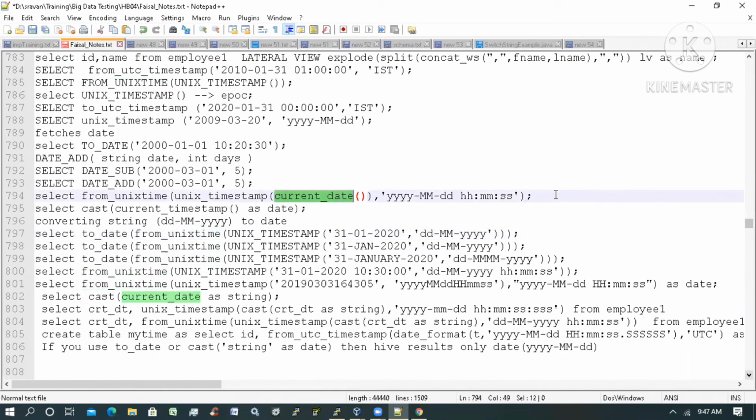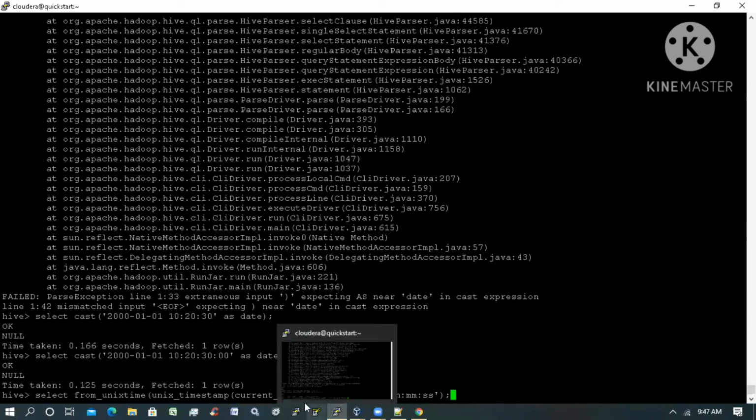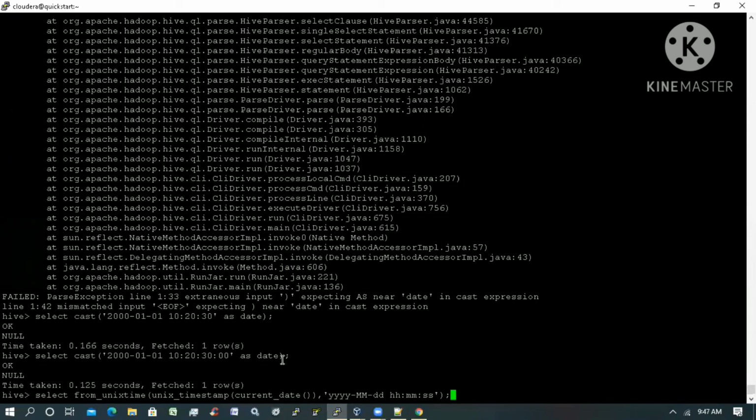Yeah, I'm showing your example here. Can we take it from one of our tables, like employee or customer? I will tell you that one last. I have a table there. I will explain the conversions first, and in the end I will show it for one of the tables.